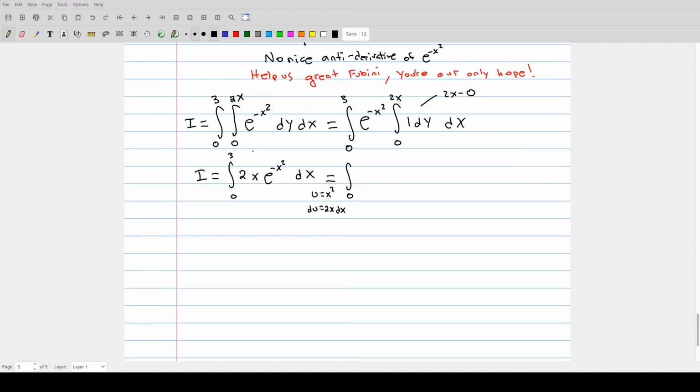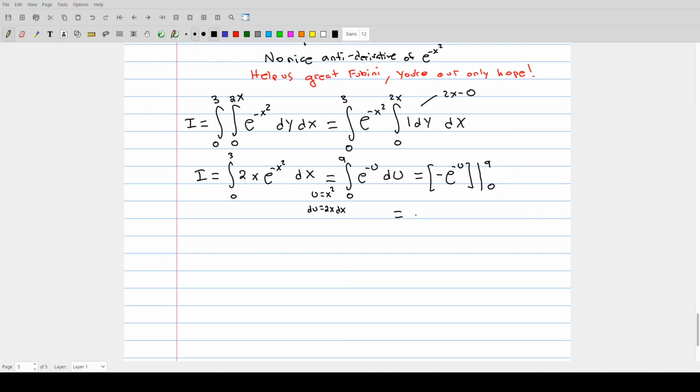And then our upper bound is going to be 3 squared, so u at x equals 3 is going to be 9. And it's the function e to the negative u du, which is the antiderivative negative e to the negative u from 9 to 0,